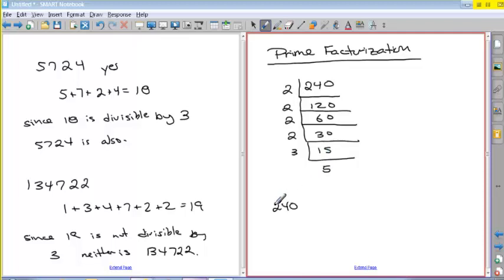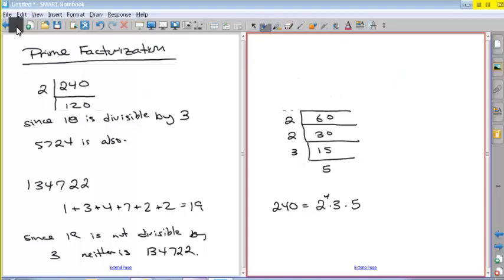So what I want you to do, besides doing the list, is to write it out in exponential form. So we can list all the numbers that were used in the factorization and then count up the number of times we had it. So we have 1, 2, 3, 4, 4 2s, so we have 2 to the 4th. We have 1, 3, 1, 5. Okay, so I've got 2 problems like that, but I'm just going to show you the one because it's basically the same